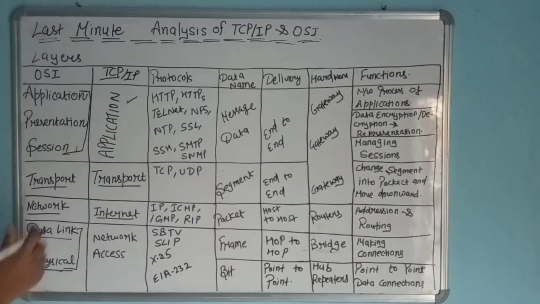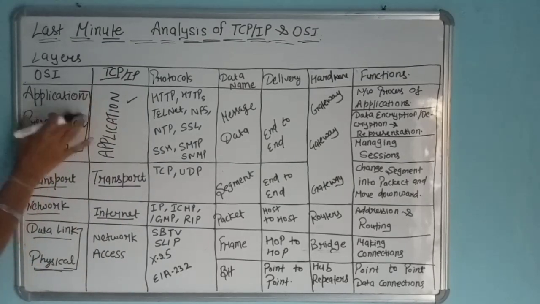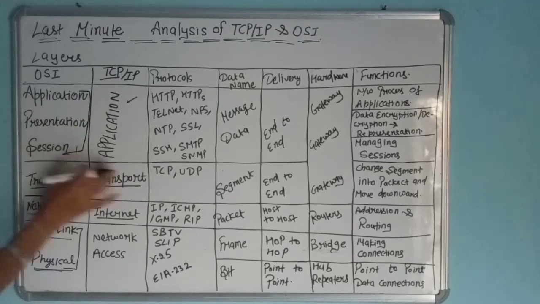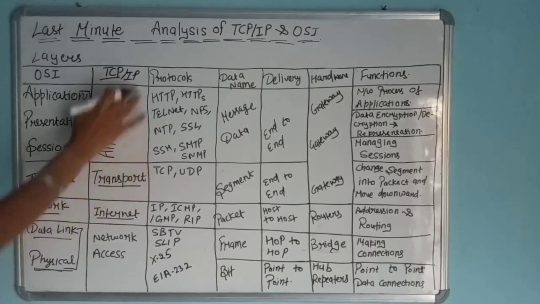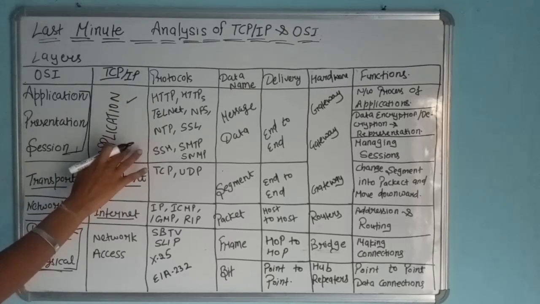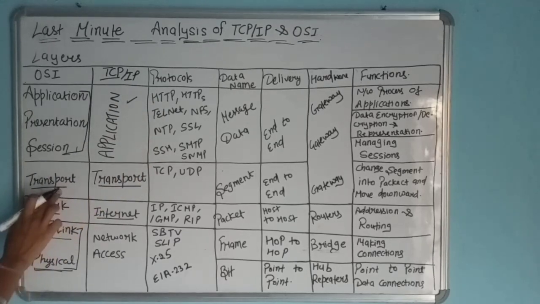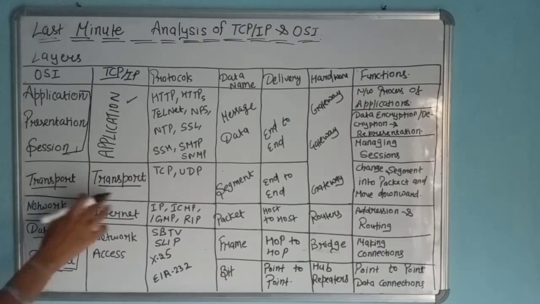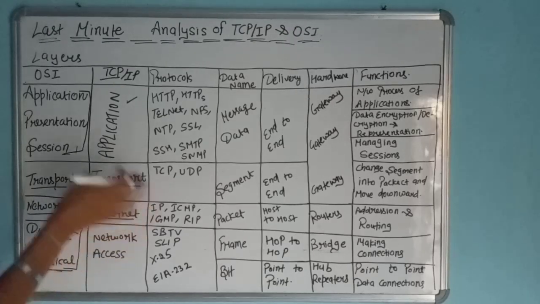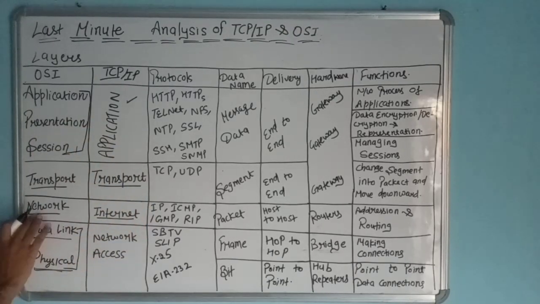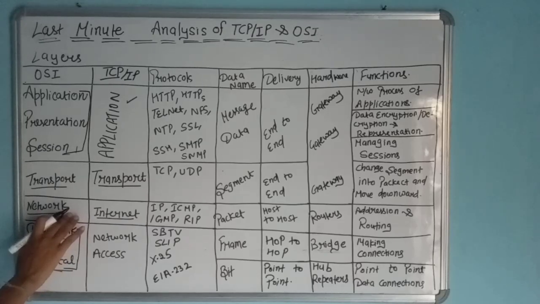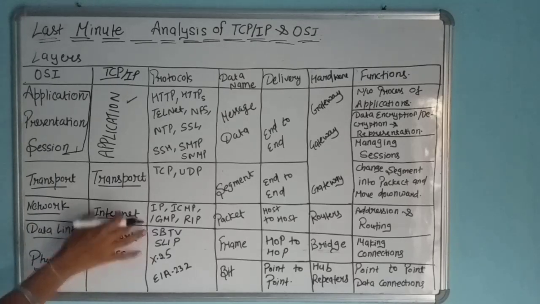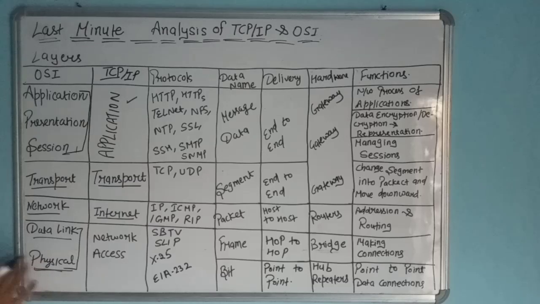TCP/IP layers. Now, when we combine the top three layers of the OSI model, it becomes the topmost layer of TCP/IP, that is the application layer. The transport layer of the OSI model is also called the transport layer in the TCP/IP model, and the network layer of the OSI model is called the internet layer of the TCP/IP model. When we combine the data link layer and physical layer, it becomes the network access layer